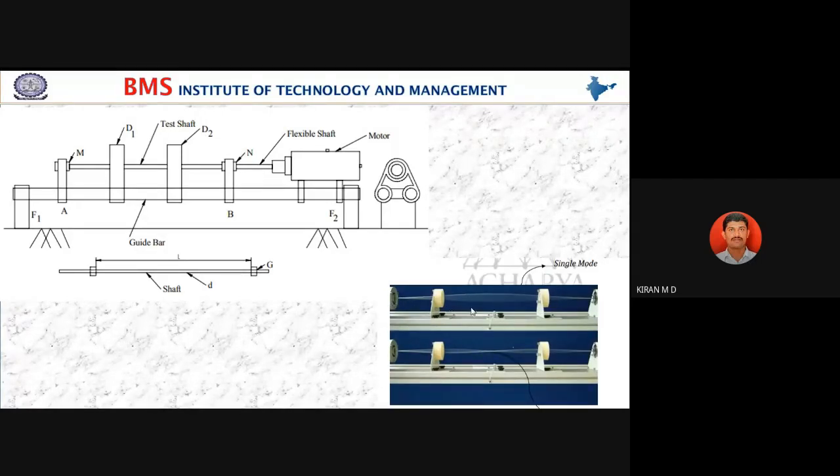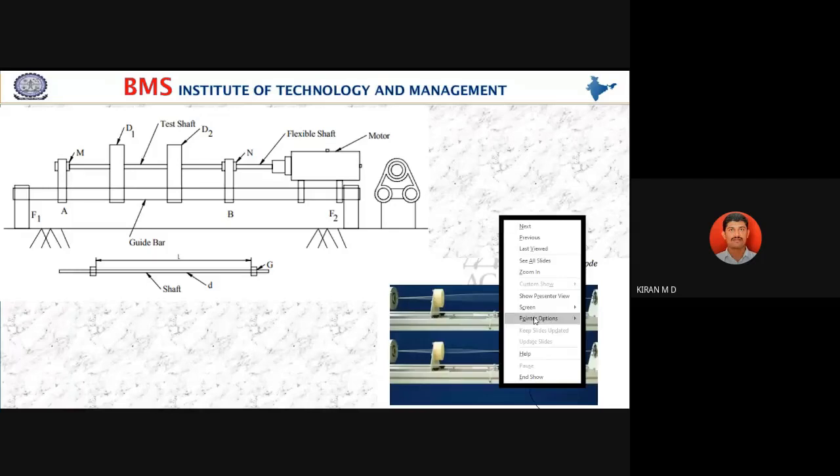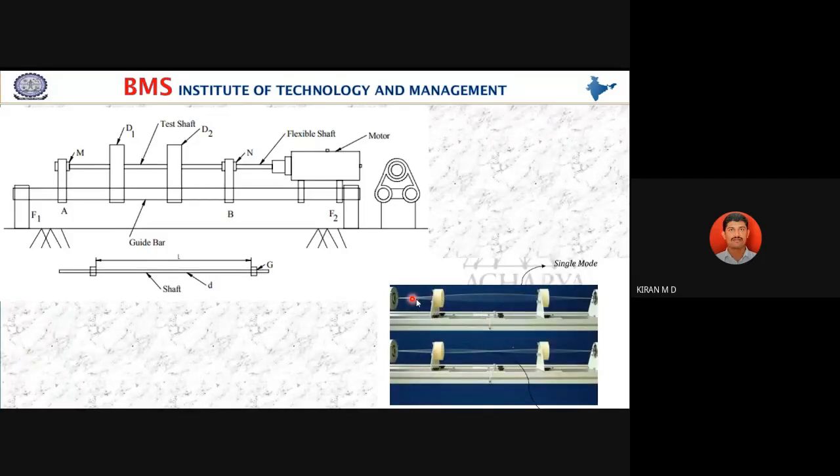You are able to see this in the figure. The shaft is bent in one form, with both convex and concave shape. When it is rotating, you are going to get this shape. That speed we are going to call the critical speed at mode 1 vibration. When the shaft is at mode 1 vibration, you get this shape.